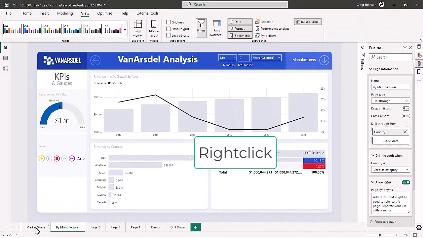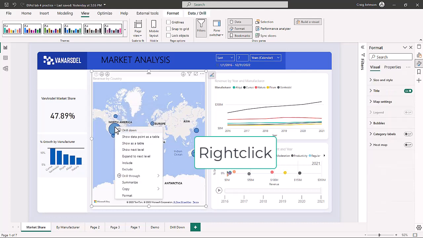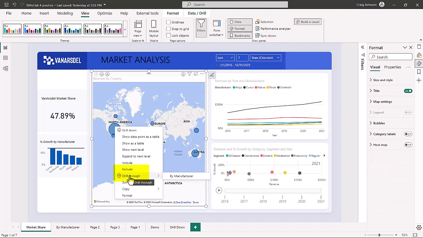If we go back to the market share page, select a country and right click, you can see the drill through option. The drill through option goes to the map. It says by manufacturer. That's the name of the page that we just created and set up the drill through function on. So when we select by manufacturer,